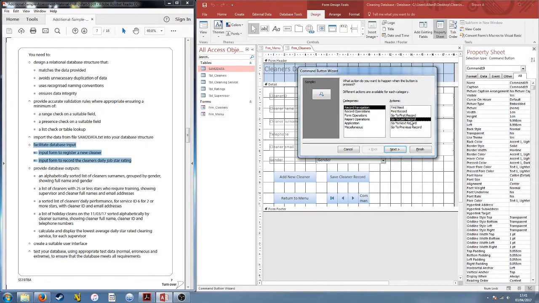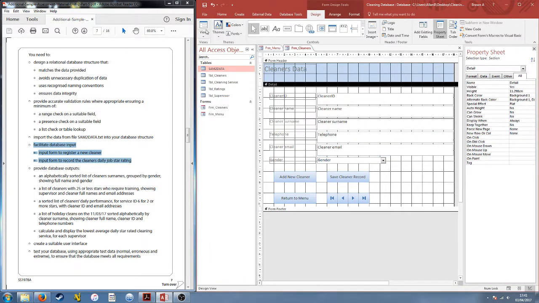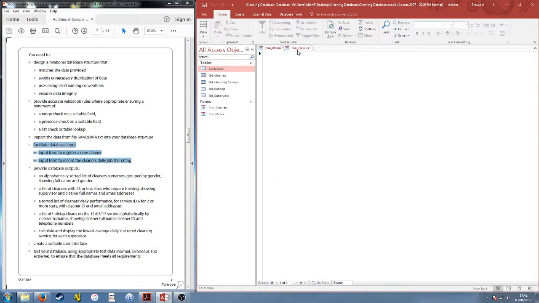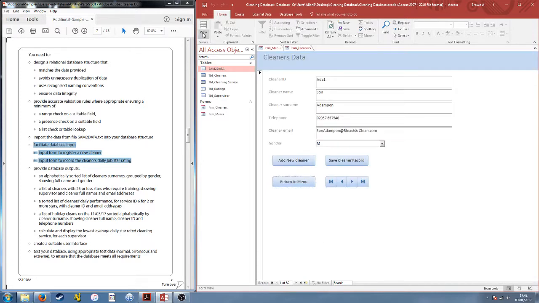And go to the last record. Next. Finish. Okay, so let's just quickly see, so add new cleaner, yeah, so we can fill that in. If you click save, it'll save this information, and then here, that works, and return to menu. So just quickly,